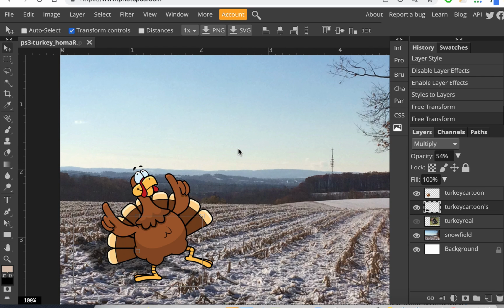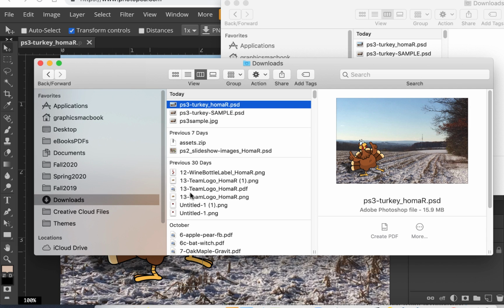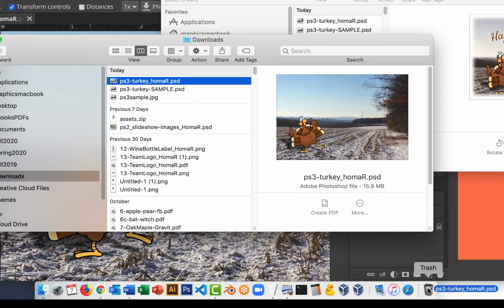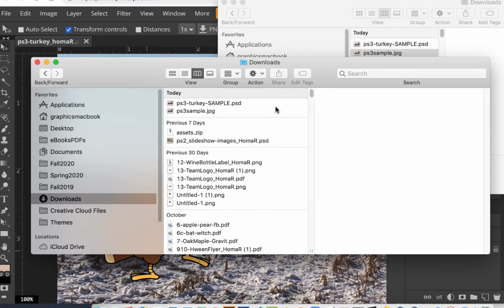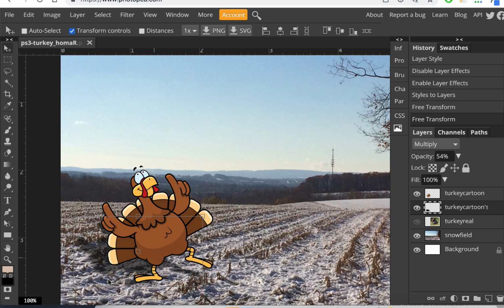So what you could do if you're working in Google Drive, you can obviously just save and keep working. Now, if I'm not working in Google Drive, the smart thing to always do is probably save as PSD again, except what happens when you do that, it goes into your downloads and then it puts a number 1 next to it. So what I usually like to do before I do that is go into my downloads and actually throw this in the garbage or delete it, right click, delete it if you do it in Windows that way. And then I'm just going to download it again